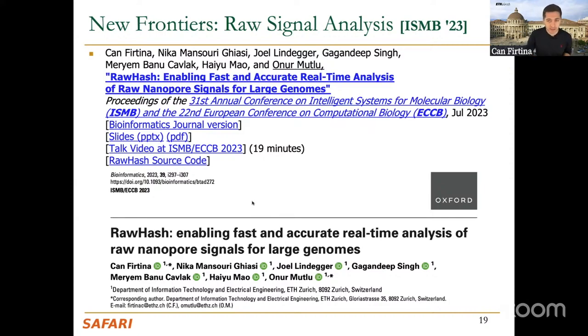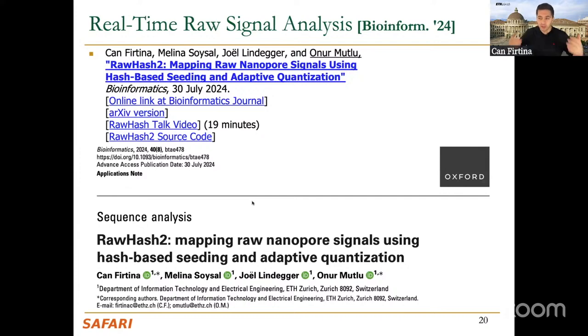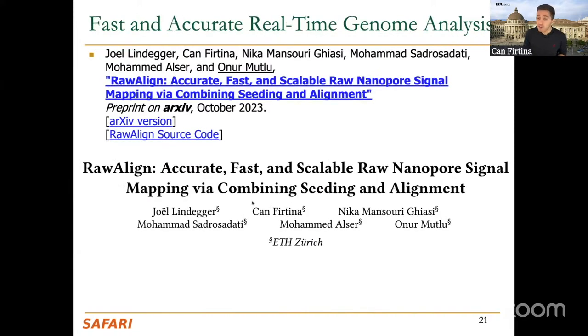This was presented last year at ISMB, and we also continuously improve the mechanisms that we propose. For example, RowHash 2 was recently published, and it improves certain steps in the raw signal analysis to make it more accurate. We also understand that raw signal analysis is not currently widely adopted in the field because it's a growing field, and there is a lack of tools to do the full analysis for the genome. For example, for now, perhaps we cannot even identify the mutations present in an individual without basecalling, but we want to achieve this, and one way to achieve this is to